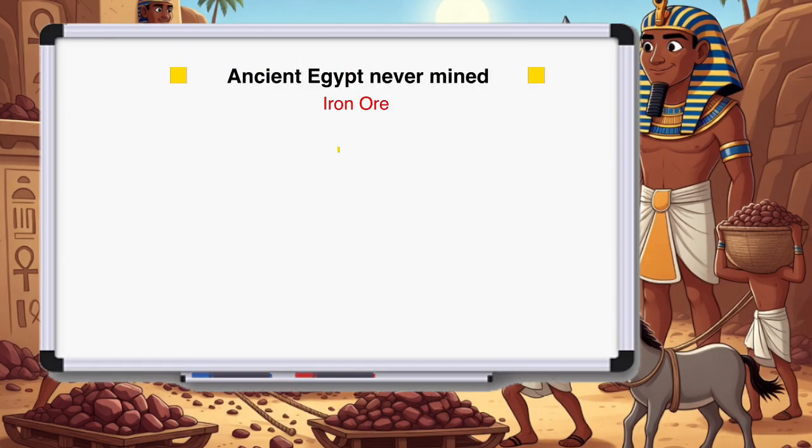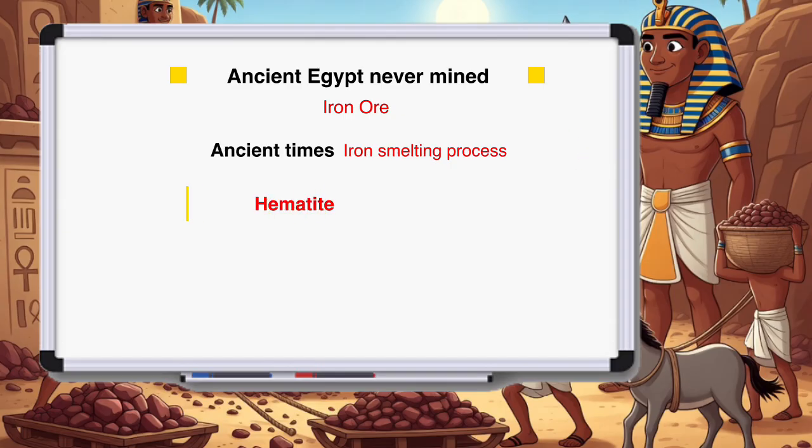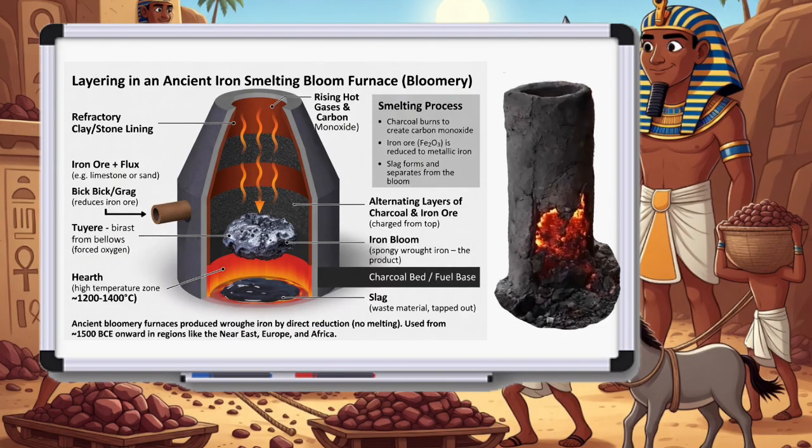Iron ore, often hematite or other oxides, is mined, crushed, and roasted to remove moisture. During this phase, the material is considered diamagnetic or slightly magnetic depending on the purity. Charcoal is made from wood and becomes the essential fuel and source of carbon monoxide for reduction. They alternate the charcoal and the crushed iron ore in layers in what is called a bloomery furnace, a simple clay stone or pit-lined shaft that was built or readied often with tuyères, air pipes for bellows, to create the high temperatures needed to smelt the iron into what is called a bloom.